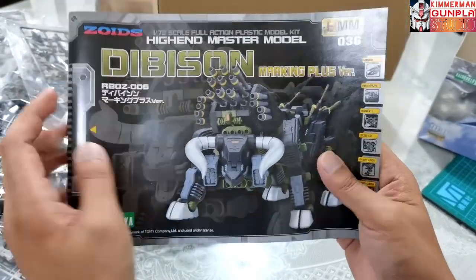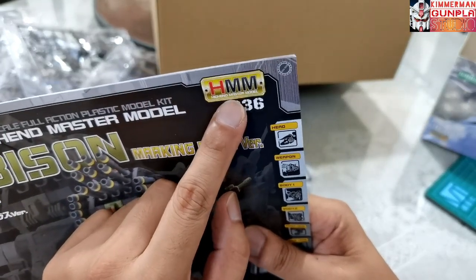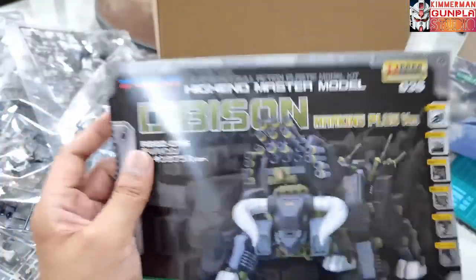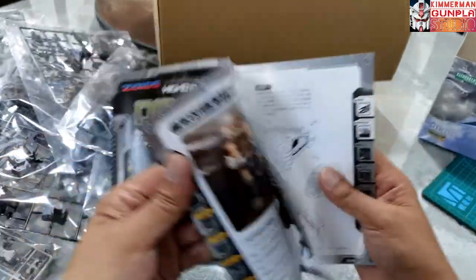So we have here HMM, or the high-end master model. So it's like an equivalent of master grade model from Bandai. And it says here Dibison markings plus. So the usual, we have here